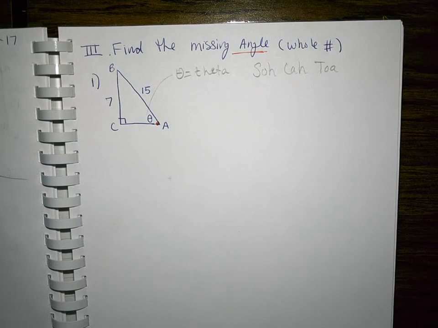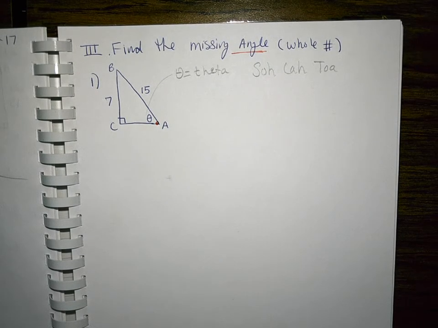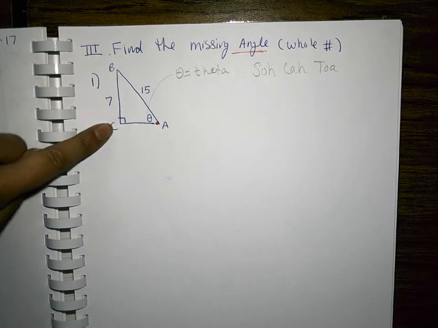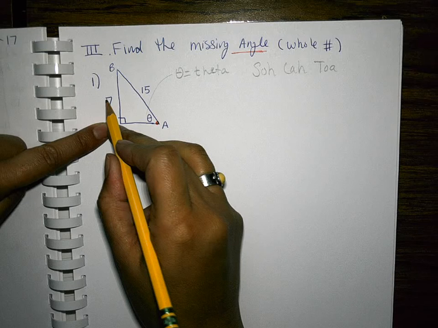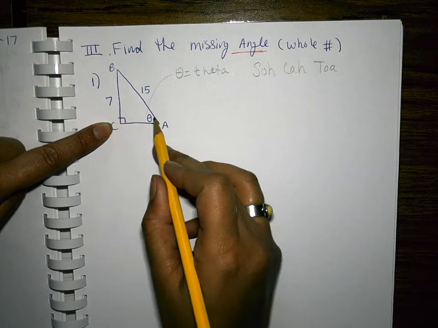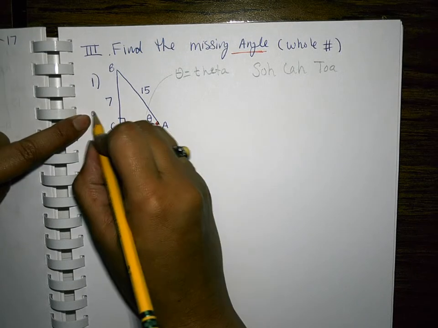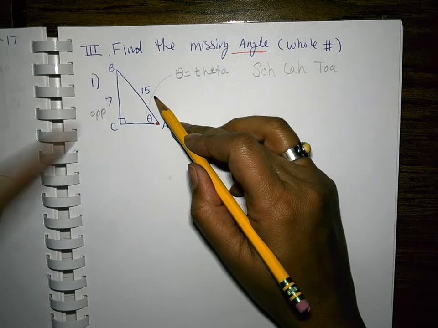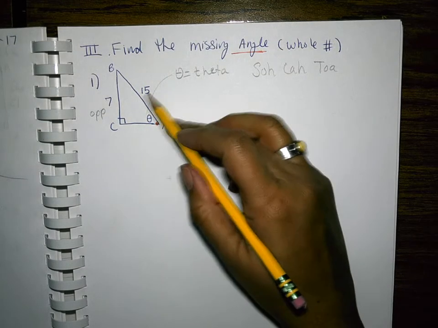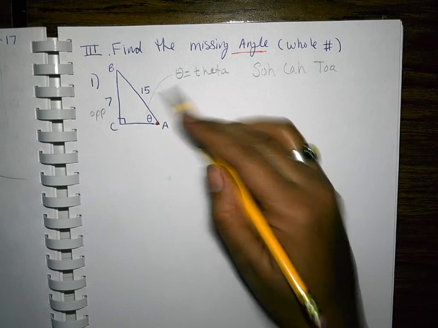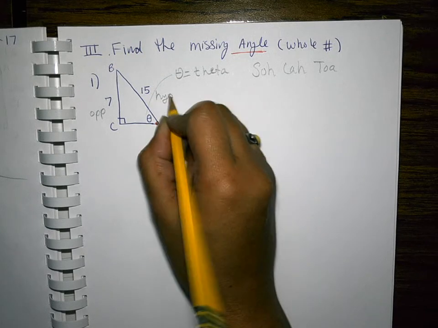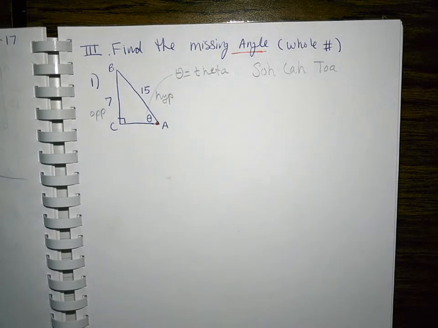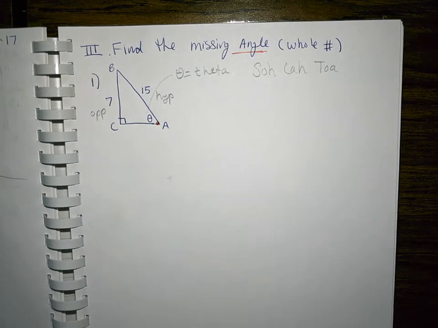Okay, so in reference to theta, what is side BC? This is theta. Is that opposite, adjacent, or hypotenuse? Good job, that is opposite. What is 15? Opposite, adjacent, or hypotenuse? Good job, that is hypotenuse all day long. That's always the hypotenuse. It doesn't matter if you're at angle theta or angle B. 15 is the hypotenuse. All right, so you're going to do this just like we did the last one, at